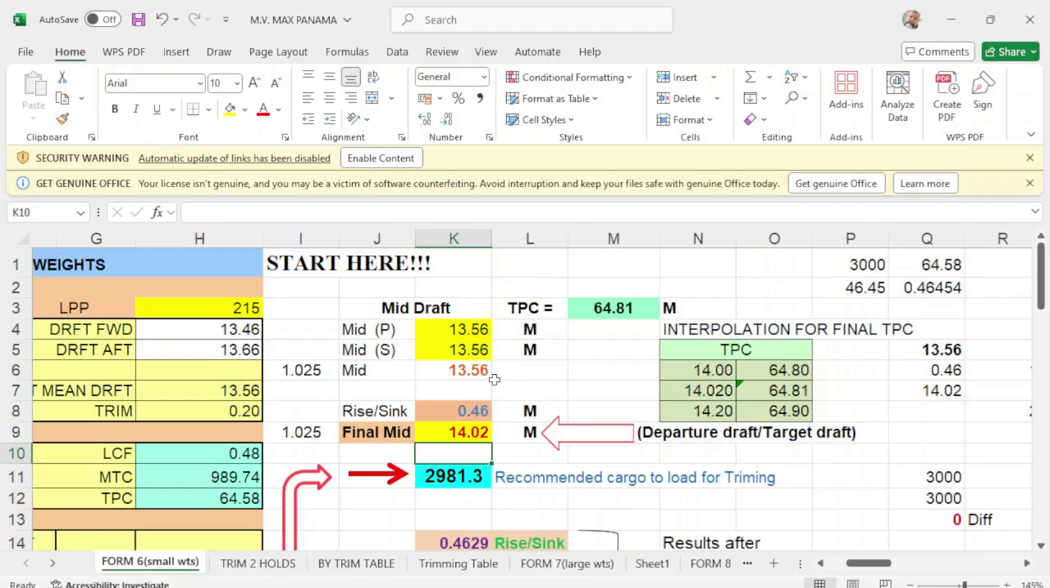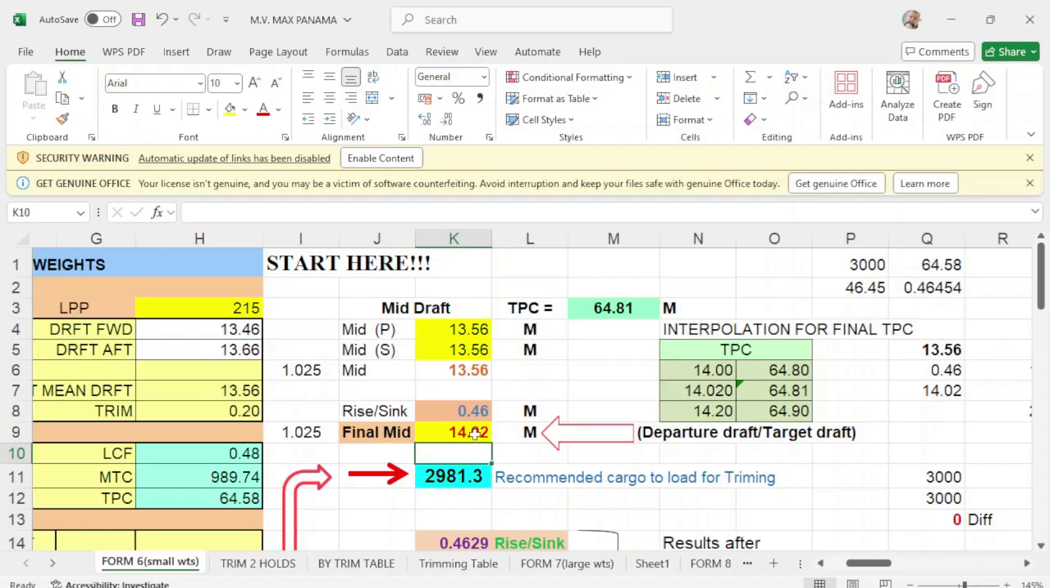So the vessel has to sink 46 centimeters to reach the drop of 14.02. Once you load 3,000 metric tons of cargo, your departure drop or equivalent drop will be 14.02. Okay, but